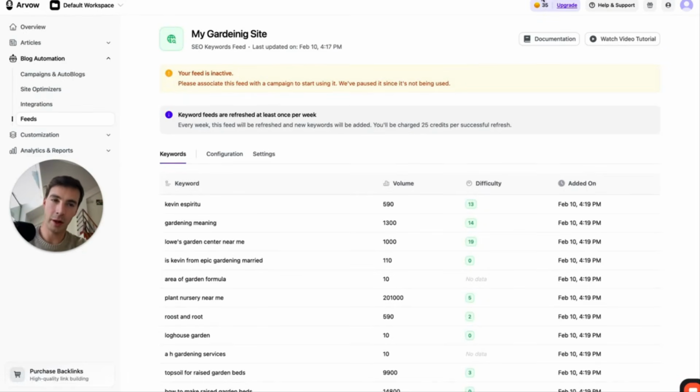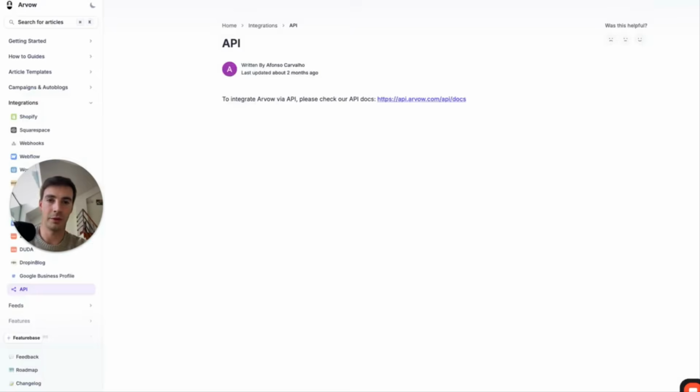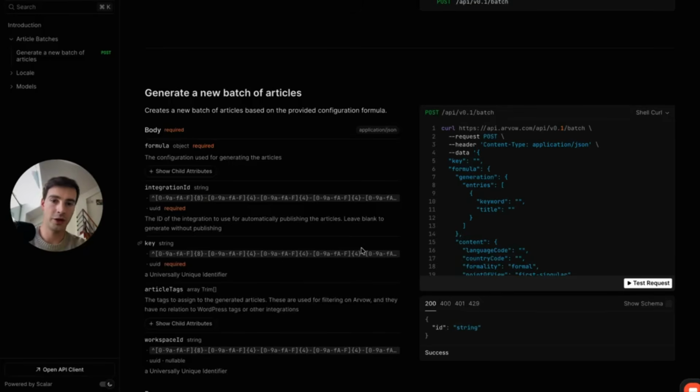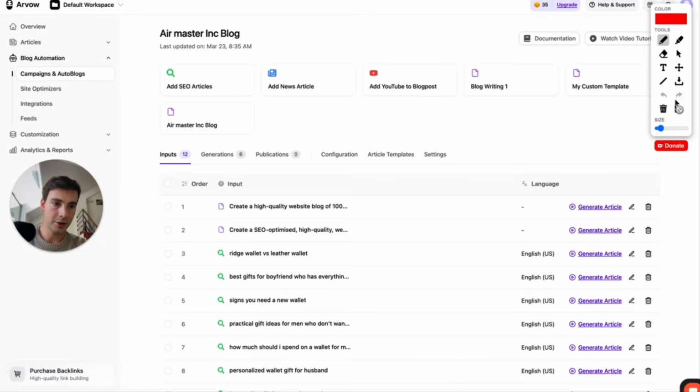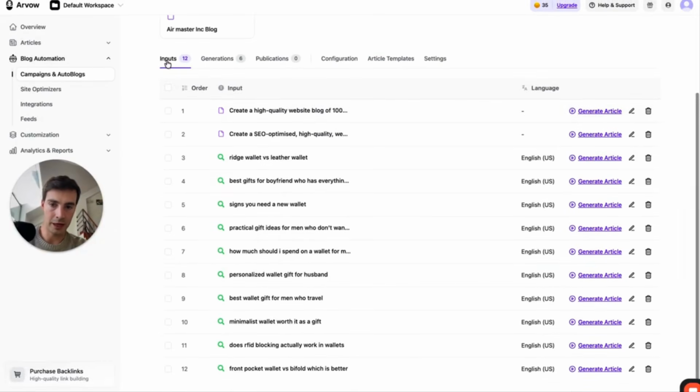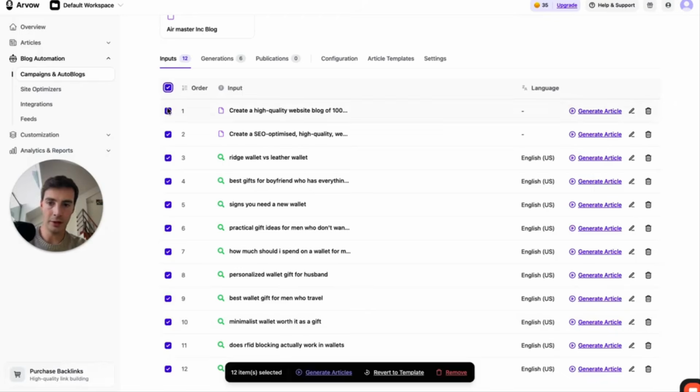And I know I'm mixing up a couple of things right here, but hopefully you're sticking with me. For full automation, just use the API. It's pretty straightforward for that. Now, again, I just added these all right here. They're all right here in my inputs tab. I can just bulk click them all and hit generate,